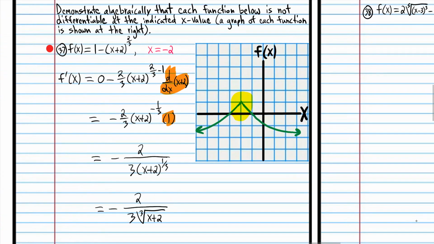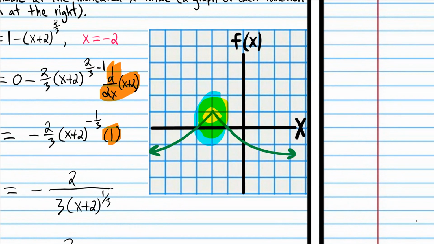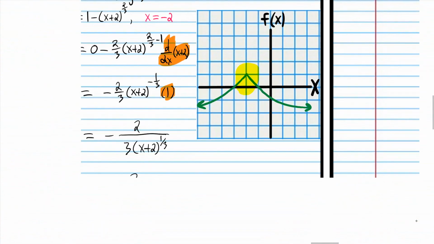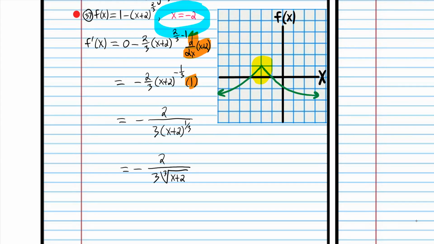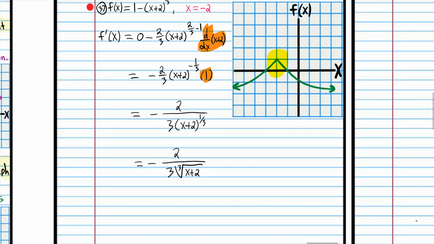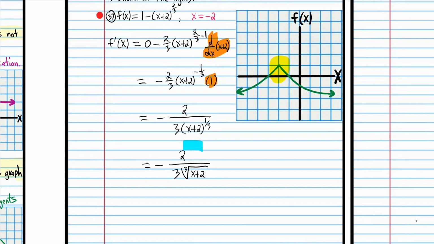So remember, at x equals negative 2, we have a sharp turn. So for some reason, we cannot find the derivative at x equals negative 2. This pink value here. Why is that? Well, let's look at the formula that we came up with for the derivative. This formula gives you the slope of the line that is tangent to the graph at whatever x value you want to plug in. But if you plug in negative 2,